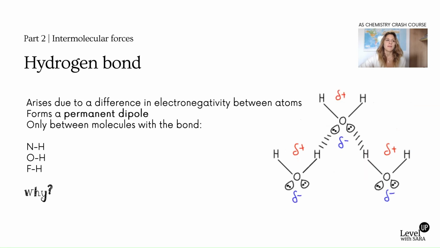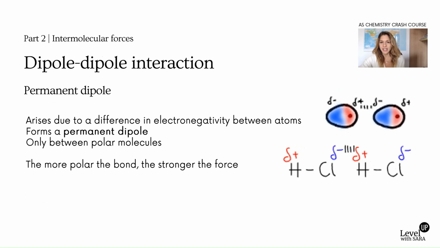A special type of dipole-dipole or permanent dipole is the hydrogen bond. It's actually the same, as you notice: it arises due to a difference in electronegativity between atoms and forms a permanent dipole, but this is only between nitrogen, oxygen, and fluorine that are bonded to hydrogen. Can you guess why? If we think about the difference in electronegativity,